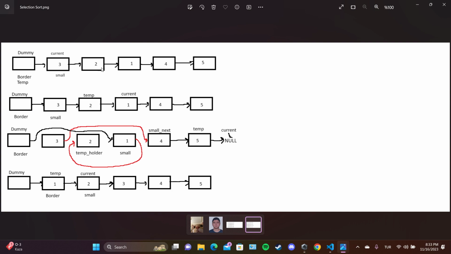And after this case, we're gonna get the current will be 1, and small will be 3, because small will start from this first node, and continue until reaching a lesser value, which is lesser than the 3. As you can see, it's 1, by the way. There is a 1 value which is lesser than 3. And after that,